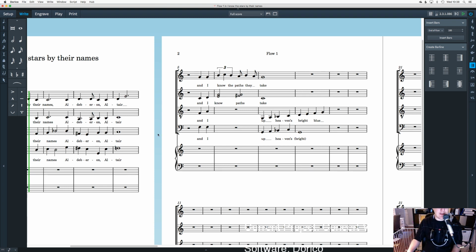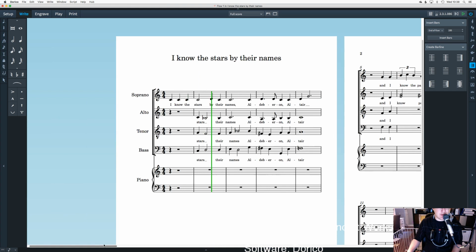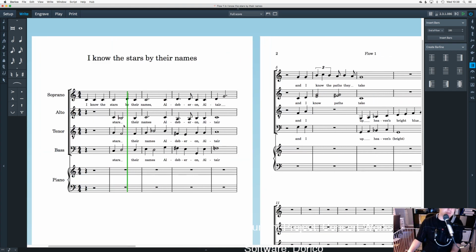Okay, I need to add some slurs. So let's go add some slurs. Like from here to here, and then S, was it? Yes. Here to here, S. Here to here. Actually, I should be using marquee. S. Really, I can actually just select the first note, but...